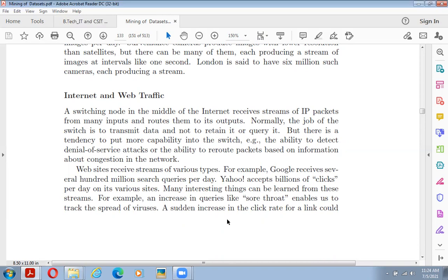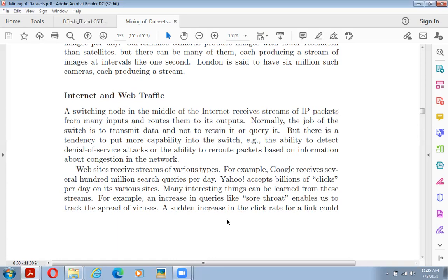We try to put some functional methodology which helps the switch to detect denial of service attacks, and when these are detected, it is able to reroute the packets based on the information. The information to the user about the condition of the network is very helpful for the future. Okay. So websites also receive streams, like Google receives several hundred billion search queries